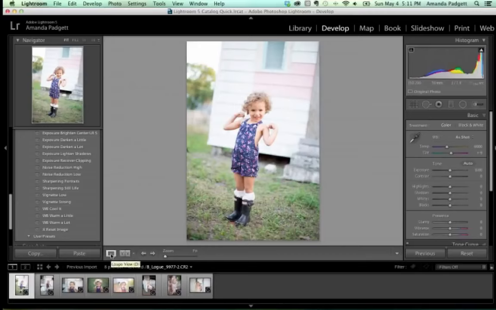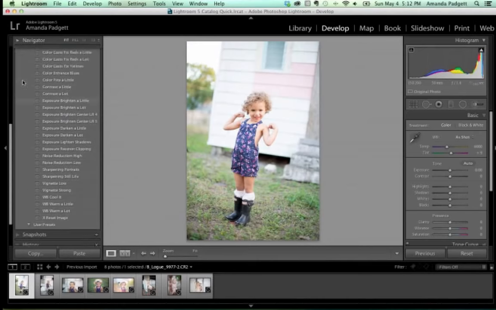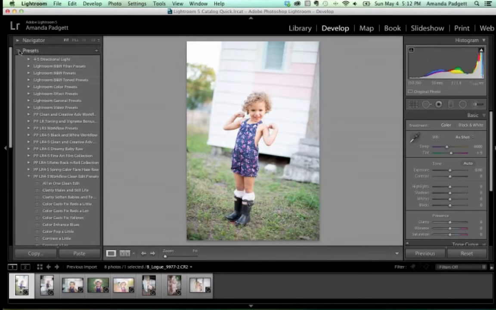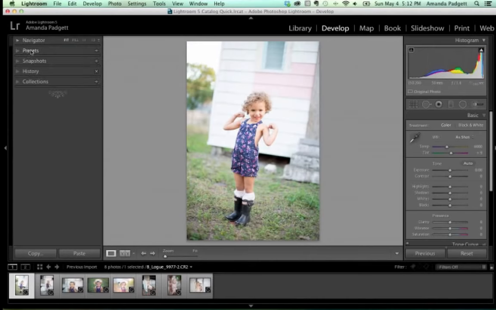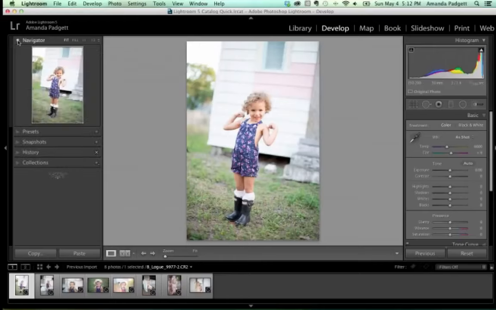And I want to take a good tour of the Develop module because this is where the majority of your time is spent, is editing here. Okay. So this left-hand side has our navigator. Let me go through this. All right. So we have these different panels: Navigator, Presets, Snapshots, History, and Collections. The Navigator